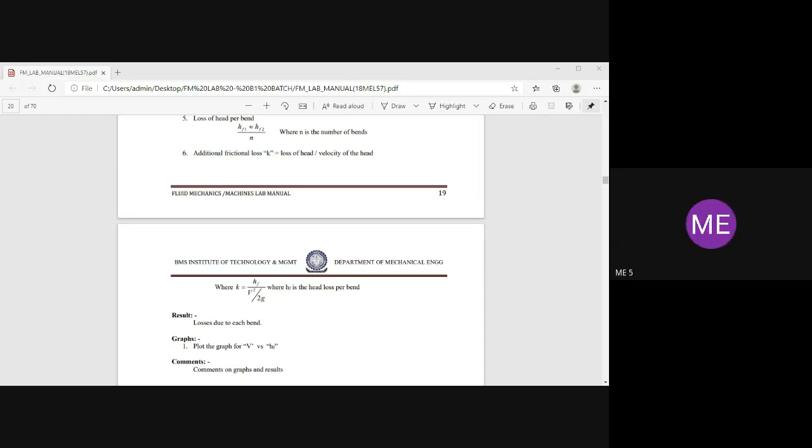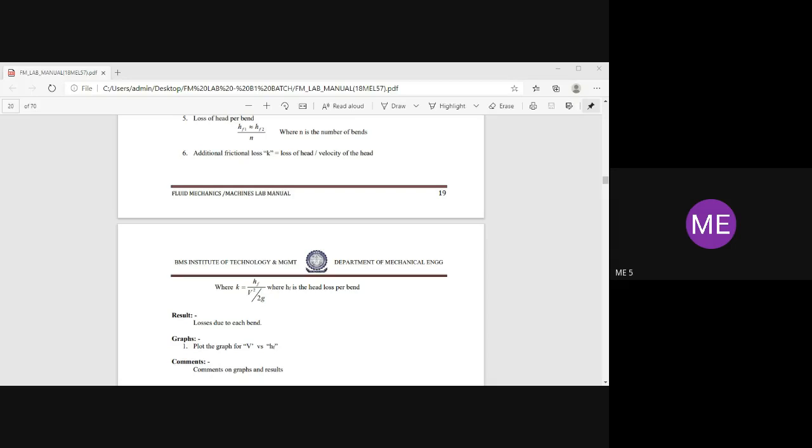Okay. So for the graphs, the points, should we join the points or simply mark the points, sir? Should we join the points or just mark it? No, no. You have to join the points. So we should get the nature of the curve. But if we join it, then it won't be proper. No problem. Don't worry. Just whatever these points are there, you have to join in a proper way.